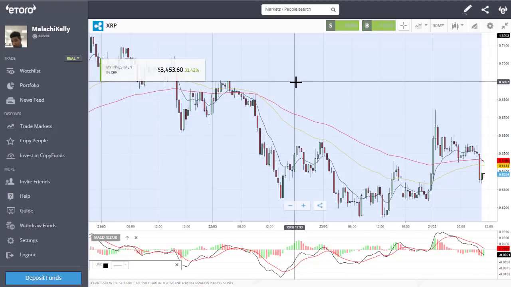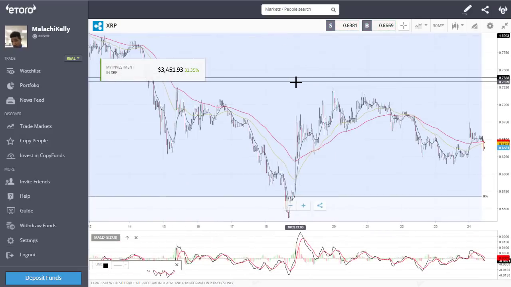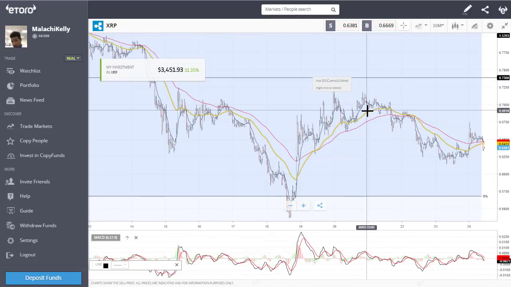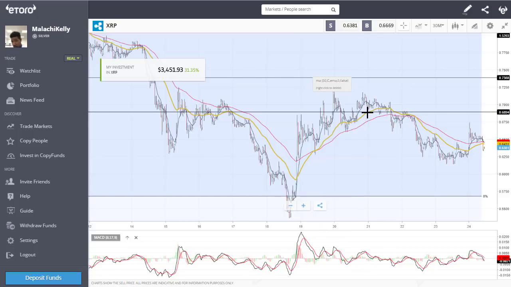So here, in essence, would be the top of the range. I'll zoom out so you can see it better. It's the top of the range. So what you're trying to do is capture as many resistance and support points in your line. So you can see this line has acted as either resistance or support in the past. Every time it's come to this price point, we've seen a lot of indecisive activity and then a move either south or north. So when we get to this position again, we potentially will break it, which will open up the next level of support, which is up here, or we'll go back down to our